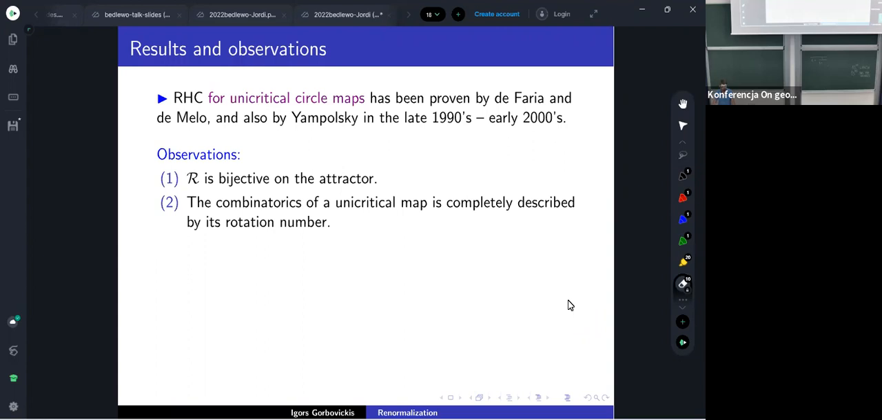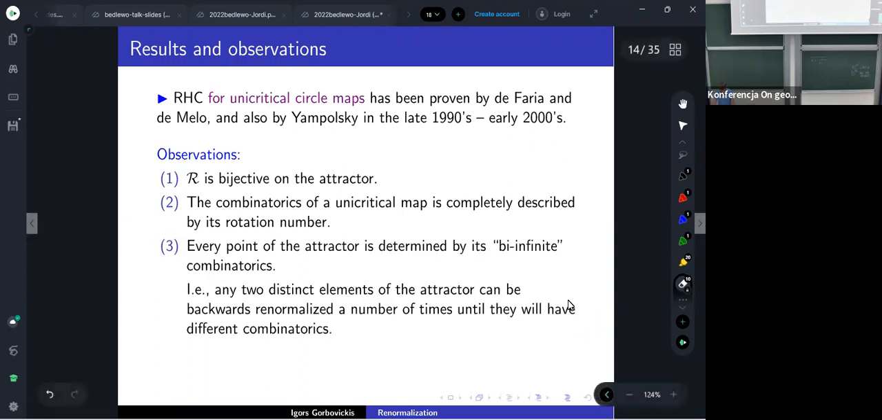In the multicritical case, it will be more complicated because we'll have several critical orbits, and we'll have to talk about their relative position. The third observation here that we can make is that every point of the attractor is determined by infinite, well, we can call it by-infinite combinatorics. I'm using this term because it's a bi-infinite sequence of numbers, but it's related to